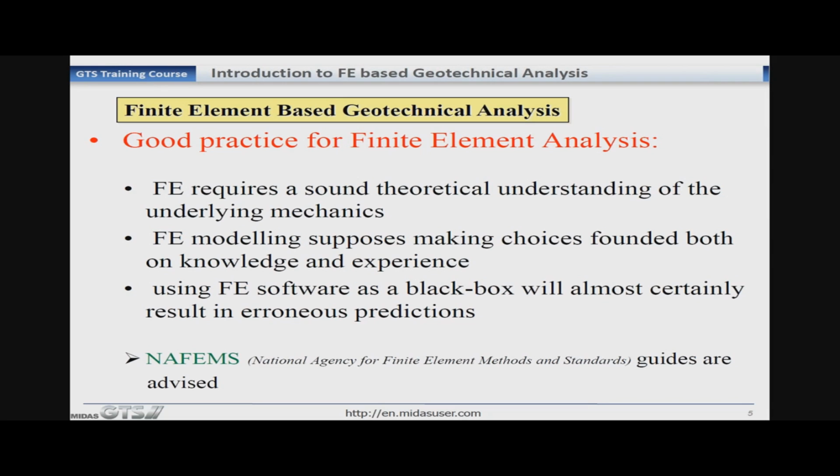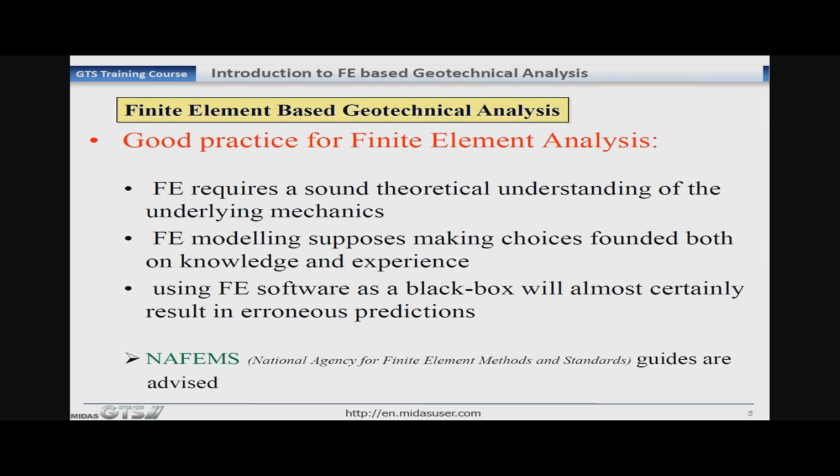Meshing and modeling should be precise, the mesh size should be optimum, and only then can you expect to obtain correct results. If you want to use the finite element software as a black box, it will almost certainly result in very erroneous predictions.